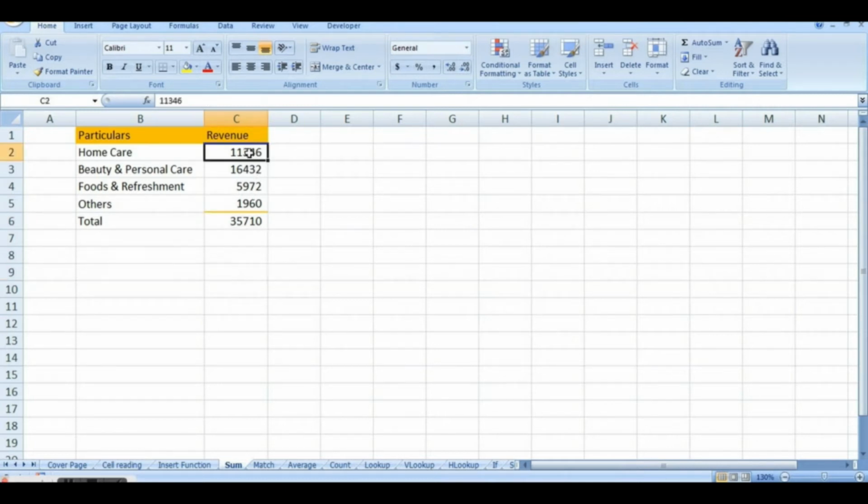One more feature of Excel I would like to tell you. If you see here, these are the 4 cells I want to make the sum of. Now if you see at the bottom of Excel, there are these 3 functions automatically available: sum, count and average. This also gives us the same answer, meaning our answer is correct. The formula and the method of using the formula is correct.